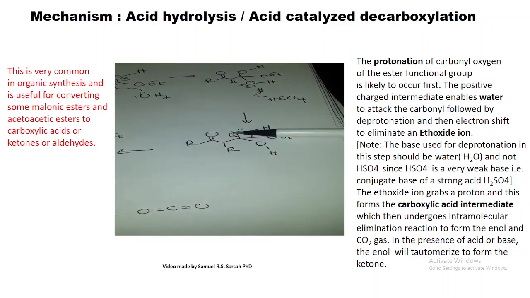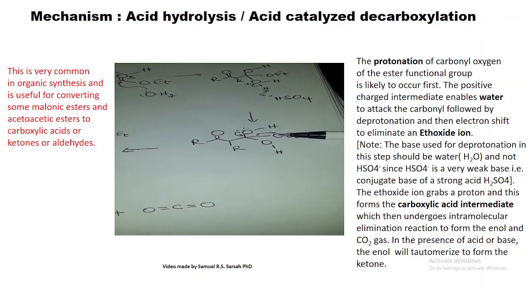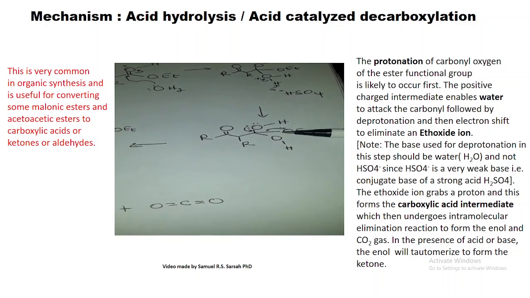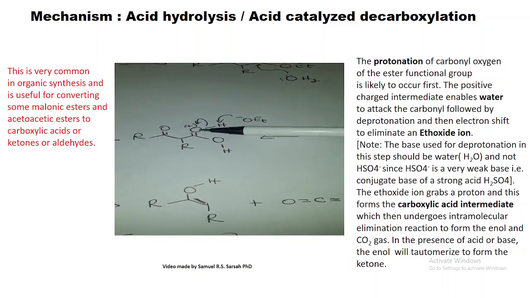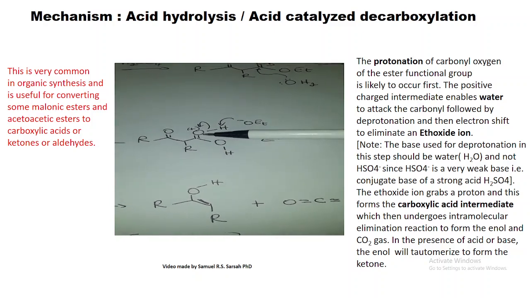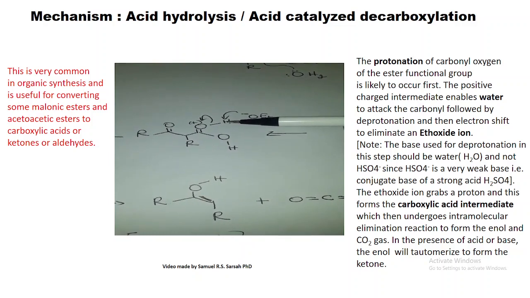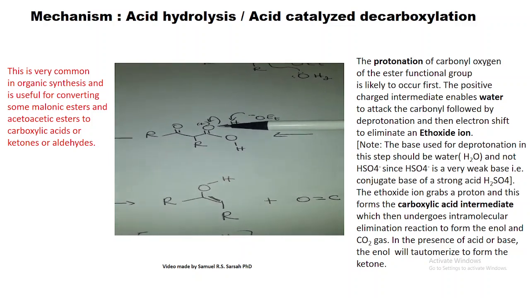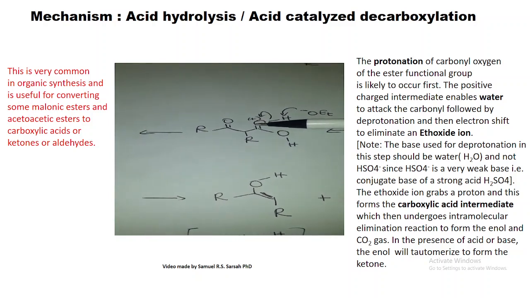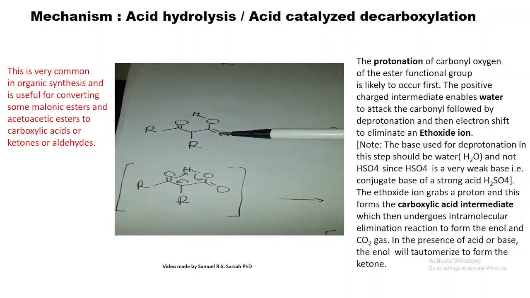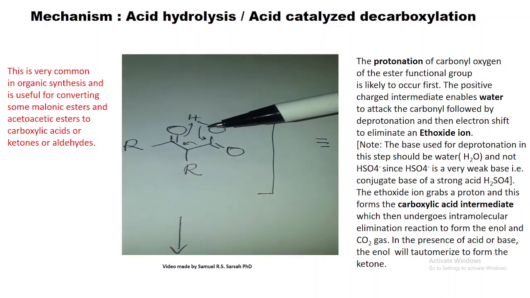Okay, now again electrons are going to shift to eliminate this good leaving group to form this with a positive charge on this carbonyl, and then this base will grab this proton, and then the electrons will be dumped onto this oxygen to neutralize the positive charge and form our carboxylic acid intermediate to undergo